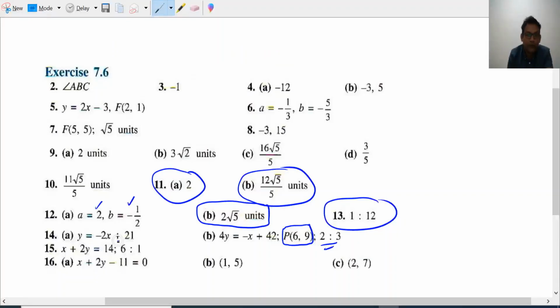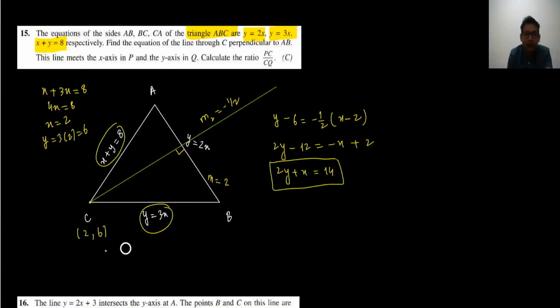Oh, we're talking about 15. x plus 2y is equal to 14. Yes, we have done it right. Absolutely. Now we got the equation. The line meets this line. This green line meets